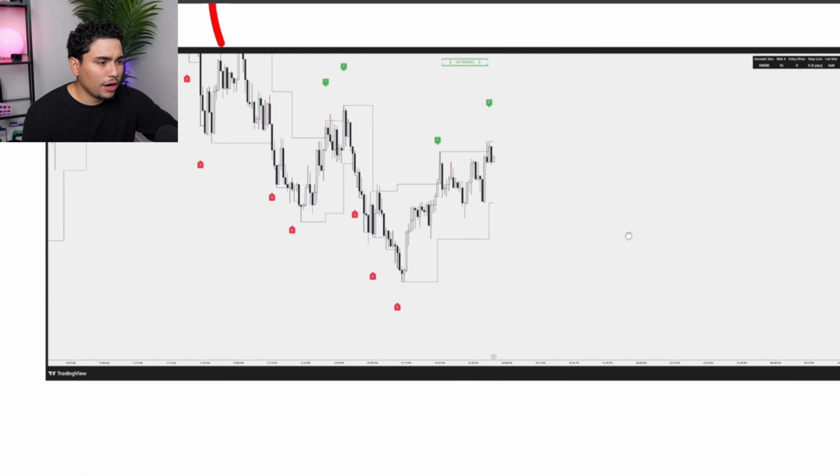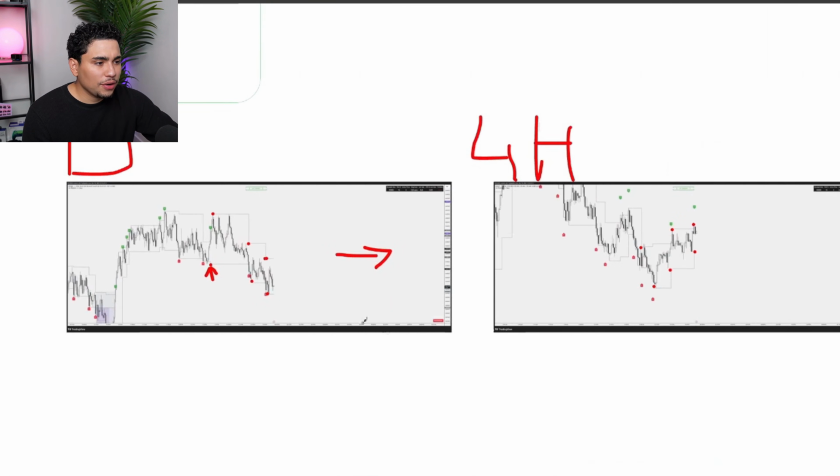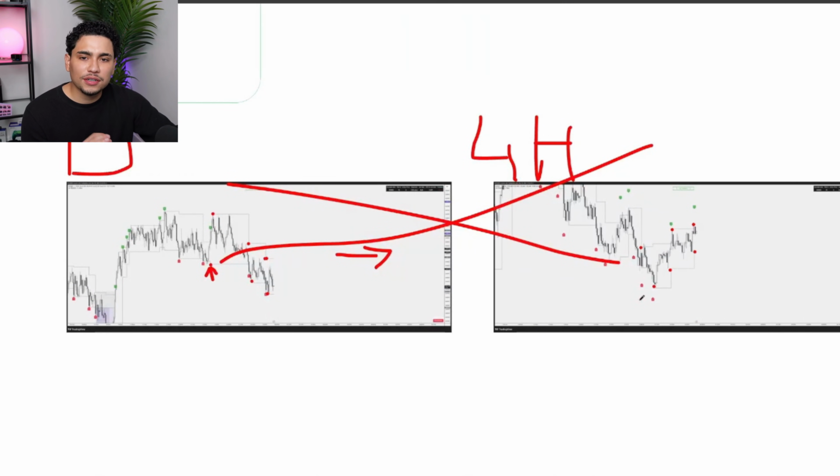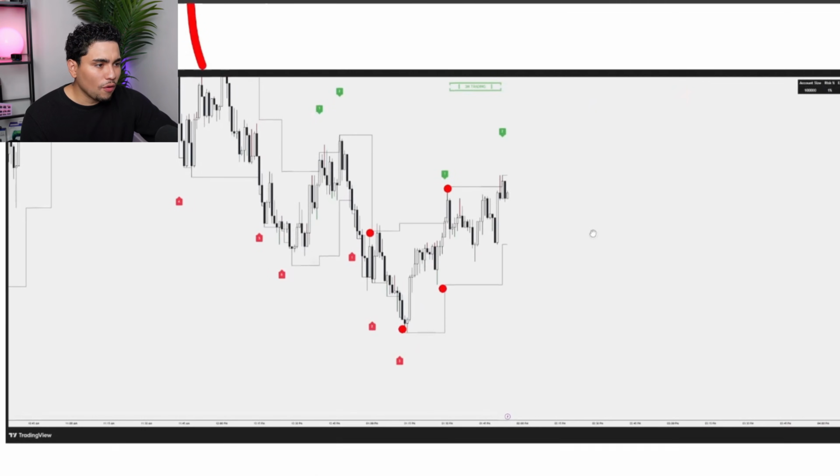Now, here we are in the 4 hour, and what can we see? The high and low created right after that are higher than the previous ones, and the latest one is higher than the previous one. So it's creating higher highs and higher lows. So in this case, we're not going to do anything. Why? Because they're not aligned. So what we'd be waiting for is, in this case, for the 4 hour to start breaking down, creating